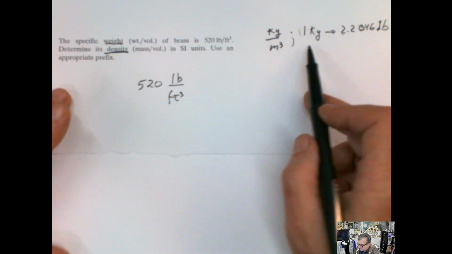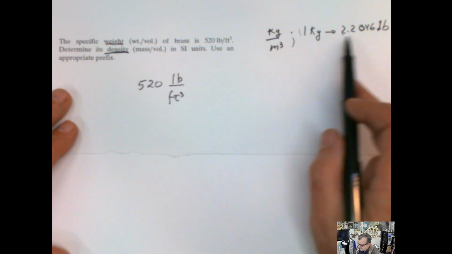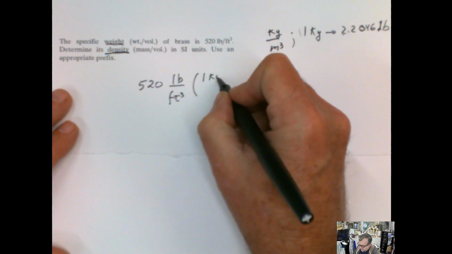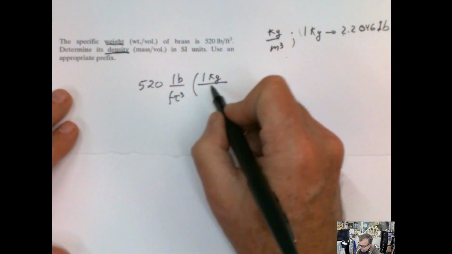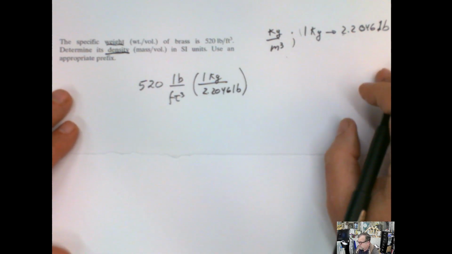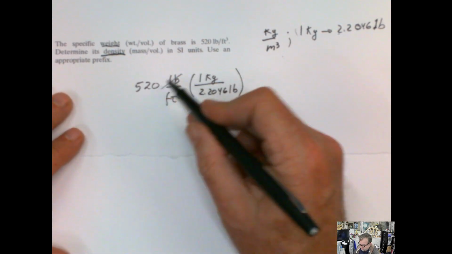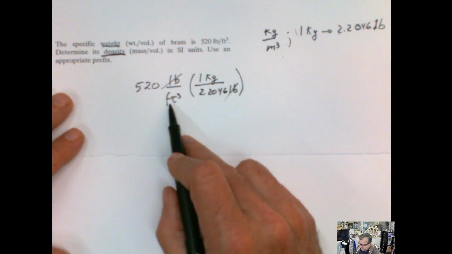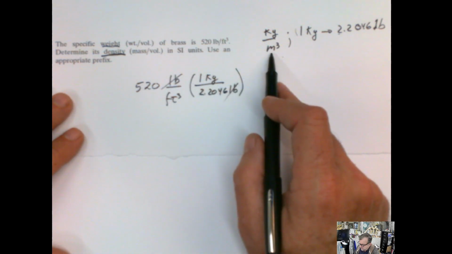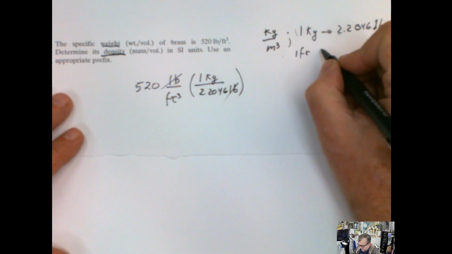But this problem is perfect because I have to go from pounds to kilogram, and this is the conversion right here. So what do I have to do? I have to multiply by 1 kilogram and divide by 2.2046, which you can safely use 2.2 also as a conversion unit for that. Now we already have, look, pounds and pounds. Now I have to convert cubic feet into cubic meter, to be in the unit that I need to be. And I know that 1 foot is